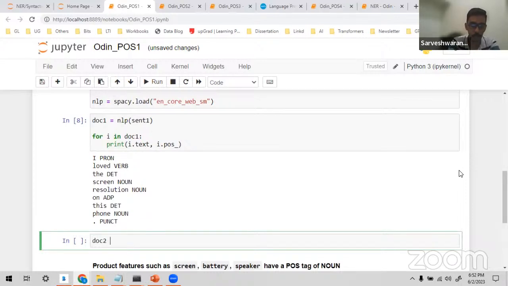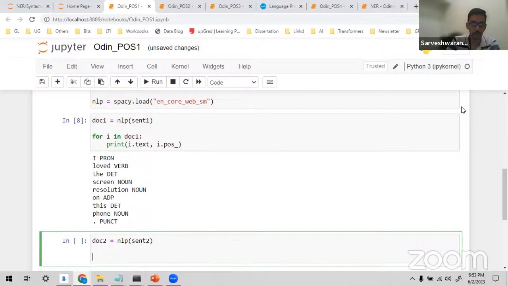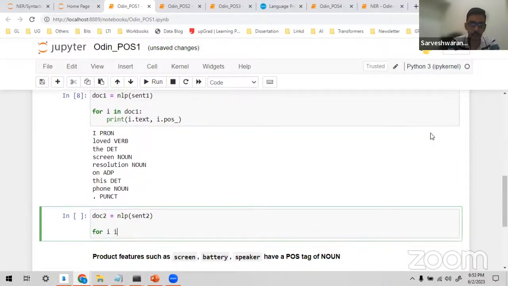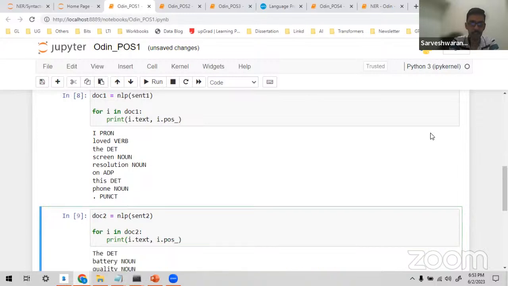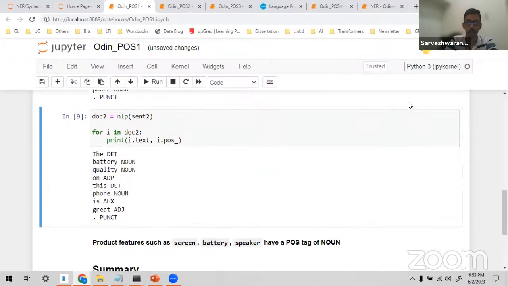Document 2 is equal to nlp of sent2. Similarly, for i in document 2, I print i.text, comma, i.pos_. I'm just understanding.